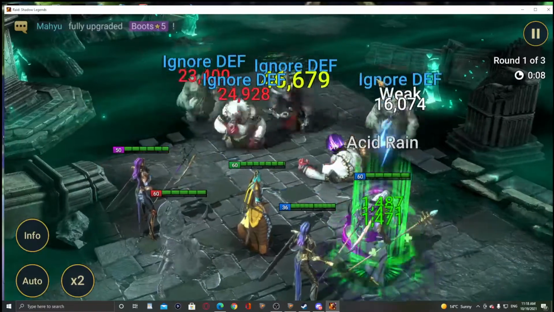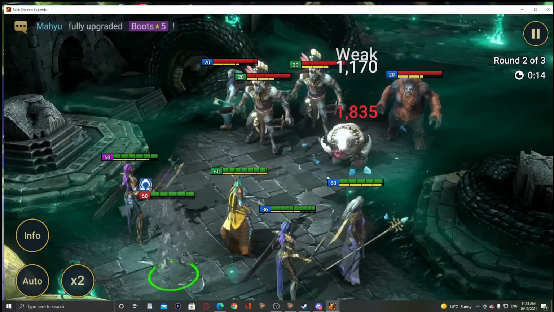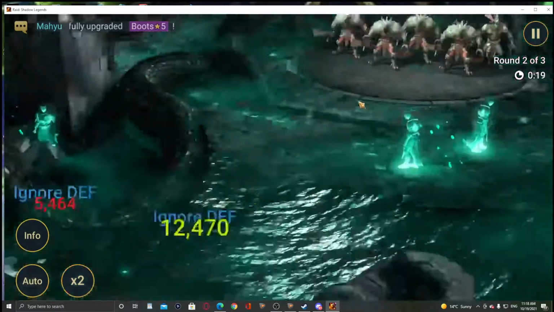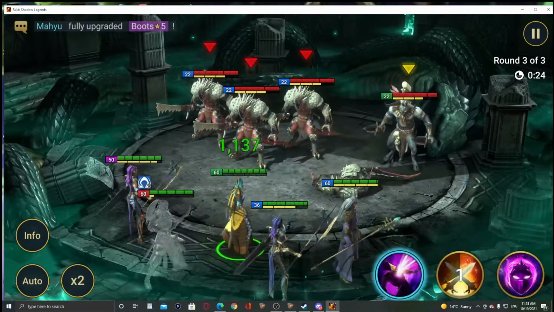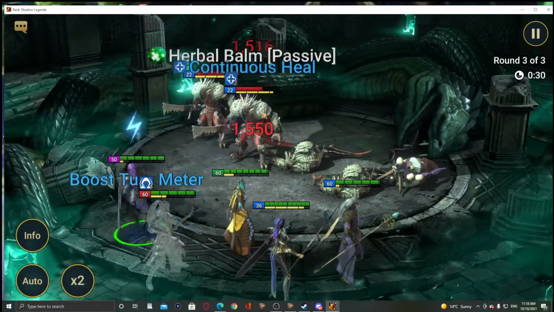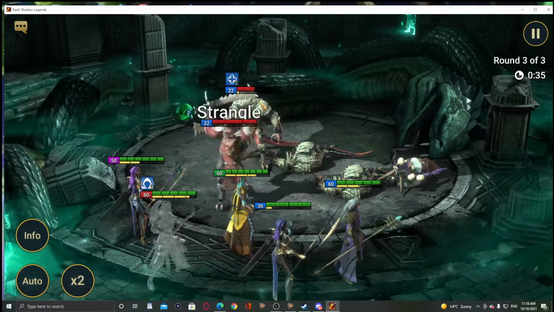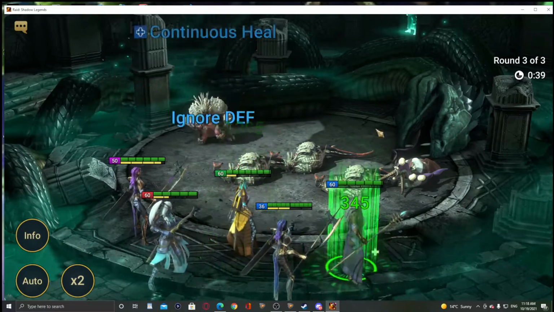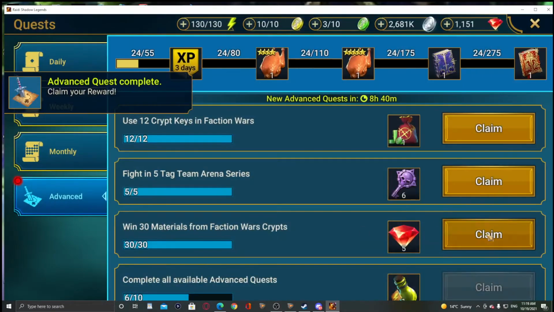Might as well use up the crypt keys now. My biggest problem with this faction is going to be her. I'm going to have to level her later, and I'm going to have to get her to 50. I think she can do most of her job at level 50 for now. We will obviously end up 6-starring the whole squad. But as I said, it's a very difficult process to 6-star, so I generally have to reserve